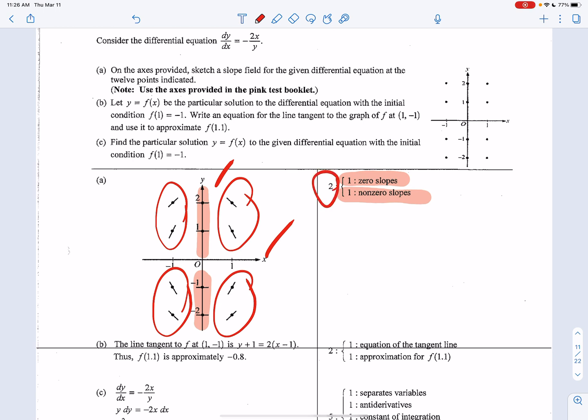So regardless, 2 points, very easy to get. That's at least the 2 out of the 9, so you just need 1 more point to be in a good